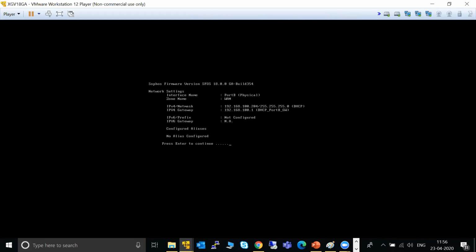Somehow it was given through DHCP, but now I have changed it to manual so that I can connect. I also add another IP address, 172.16.16.17, so that I can also connect to the XG firewall, because I've got only one NIC card, which is a wireless NIC card. I put them both so I can access it through it.